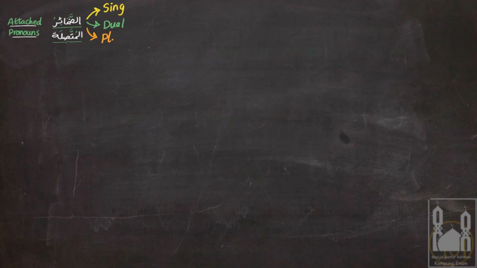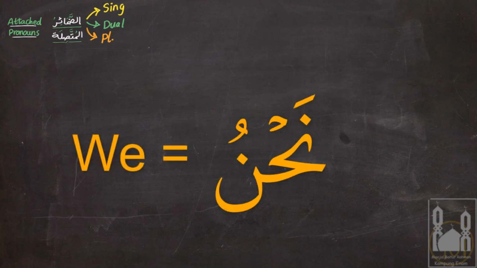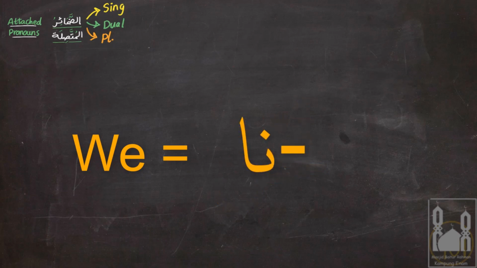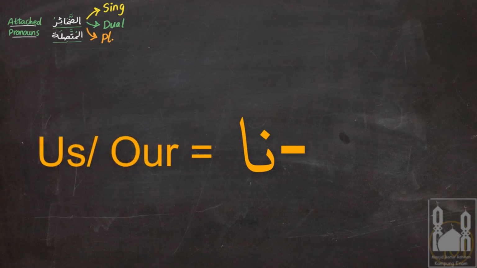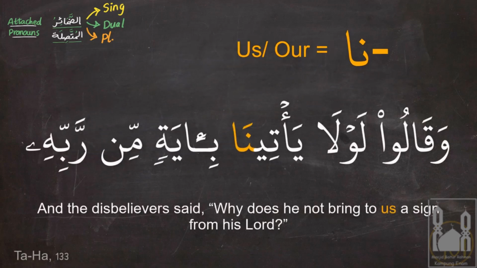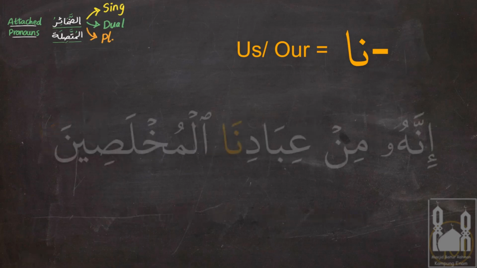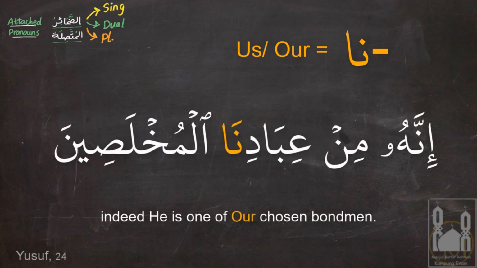الجنة. Now moving on to the plural attached pronouns. Last time we learned that نحن means we, and the attached version of نحن in Arabic is the suffix na, and the suffix na at the end of words would then mean us or our, which we can see in these examples. وَقَالُوا لَوْلَا يَأْتِينَا بِآيَةٍ مِّن رَّبِّهِ يُوسُفُ أَيُّهَا الصِّدِّيقُ أَفْتِنَا إِنَّهُ مِنْ عِبَادِنَا